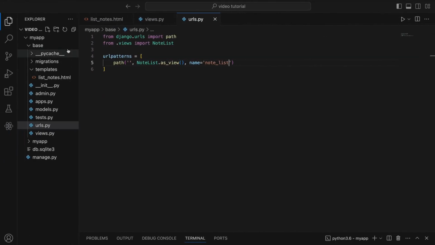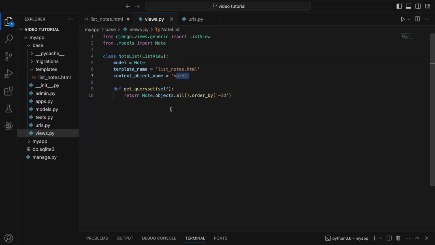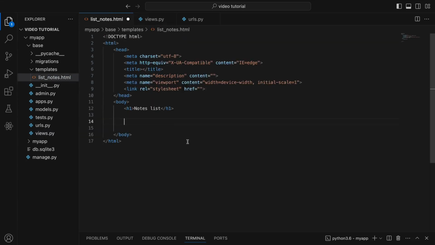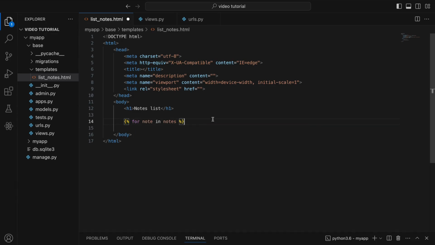So the way we do that is we're going to go into our list notes.html page, okay, and we're going to list our notes. So the way we do that is we're going to create a for loop, which is going to go through all the notes we've got here and then show some HTML of each note, okay. So to create a for loop in Django HTML, we're going to do these squirrely brackets, put some percentages in them, and we do for note in notes, and then you need to close your for loop, so you do end for. So this is what a for loop looks like in Django. So for note in notes,